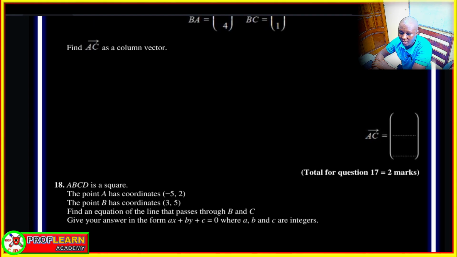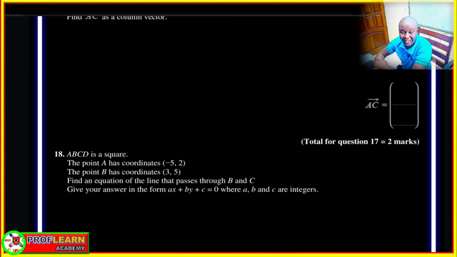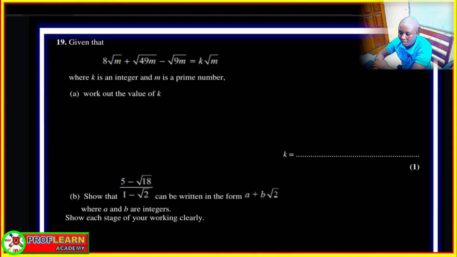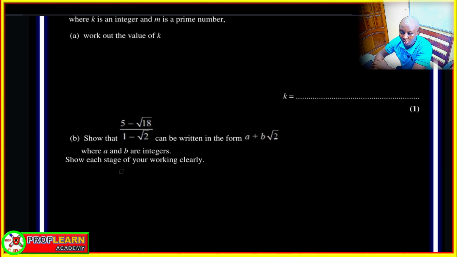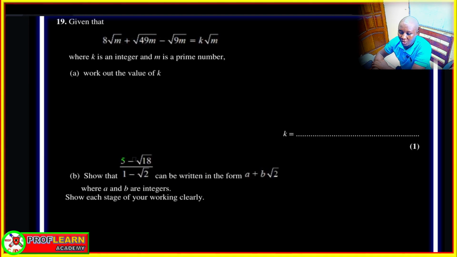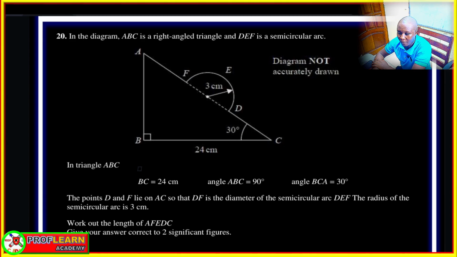Vectors, column vectors, finding position vectors, finding equation of lines, equation of perpendicular lines and parallel lines. Also you have to be able to work out that. Don't forget to look at thirds also, because thirds also is an area that never misses in paper 2H of Edexcel 2025. Pythagoras theorem, area of perimeter,